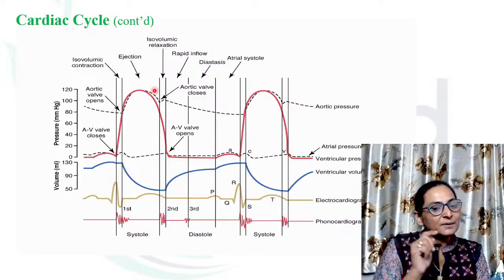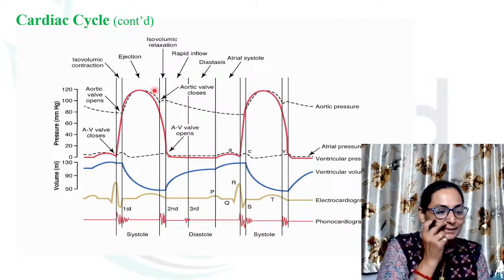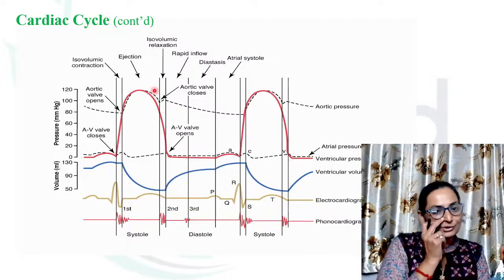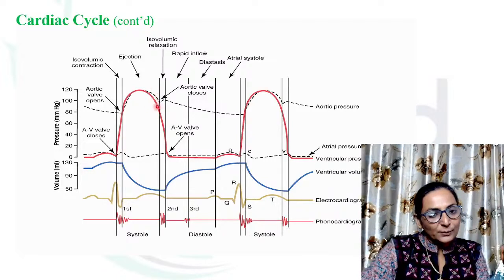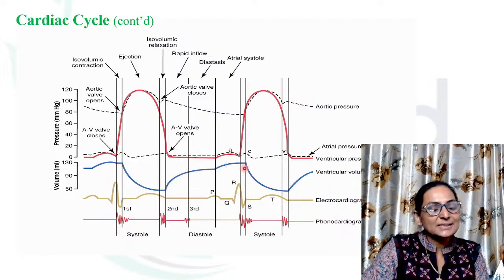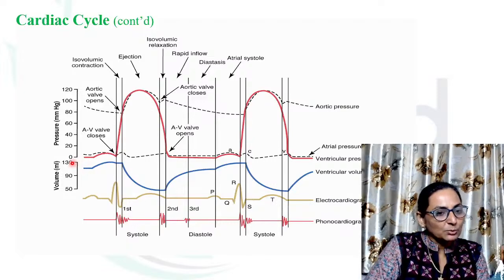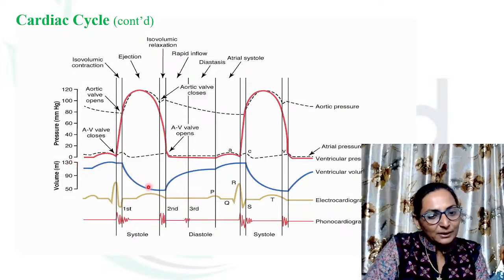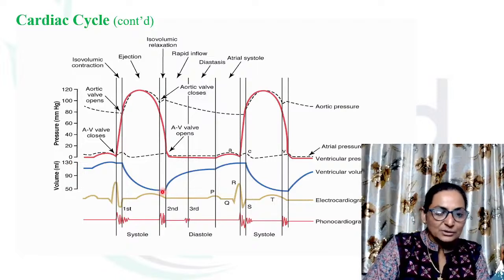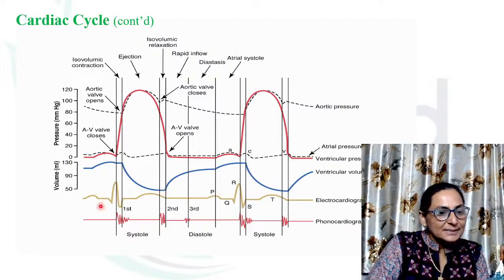So as the first heart sound tells you it is the beginning of systole, the second heart sound tells you that it is the beginning of diastole. The pressure in the ventricles drops till the AV valve opens, and again you see that as the pressure drops, the volume curve will start rising, right? So we started with an end diastolic volume of 130 ml and we completed with contraction followed by ejection, with end systolic volume remaining 50 ml.